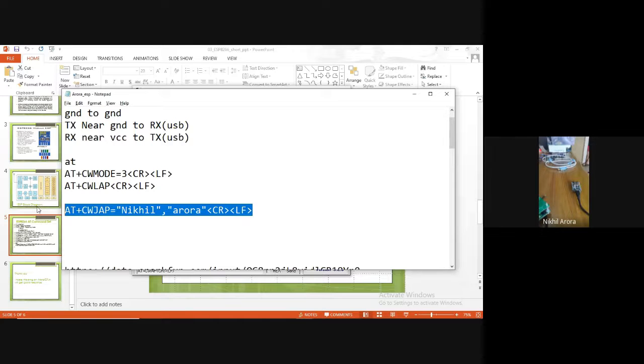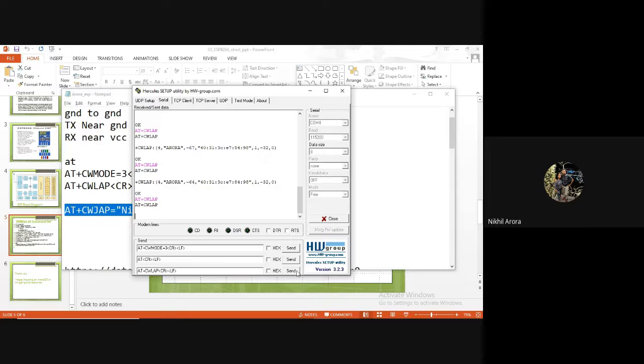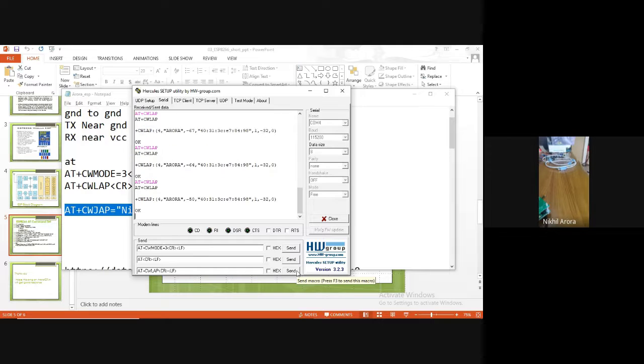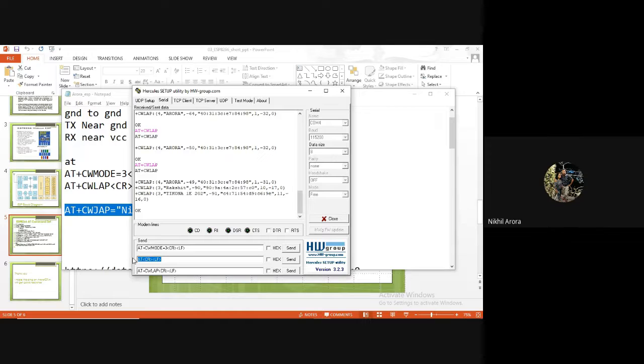Let me try list access point one more time. See, now multiples have come. Nearby I have one Rakshit, one Tikona, one Arora. So like that multiples are there.